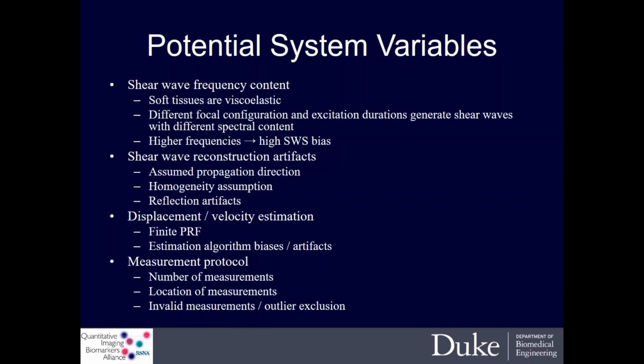And we know that tissue, even though we've assumed it to be elastic, could actually be sensitive to those changes in shear wave morphology. And tissues that are dependent on the rate at which that shear wave comes through would be known as viscoelastic. So they have some dependence on the rate at which they get excited and deformed. And we know that higher frequencies or faster rates of change would lead to higher reconstructed shear wave speeds. So that was one of our identified potential confounding factors.